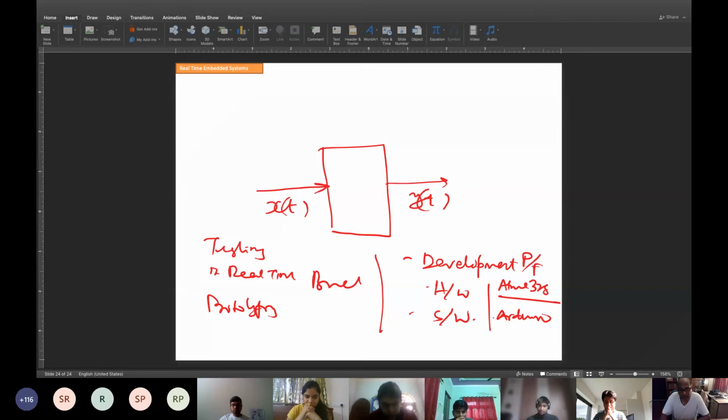So what is the meaning of polling? Polling means checking whether AD conversion is done. Polling is like checking. There are many AD converters. You have to check one by one whether it is done. If it is done, then get it. So it is called polling. So checking can be done by software or hardware. By interrupt also it can be done. Timer and interrupts, we'll talk about it in the next class. Okay, following classes.